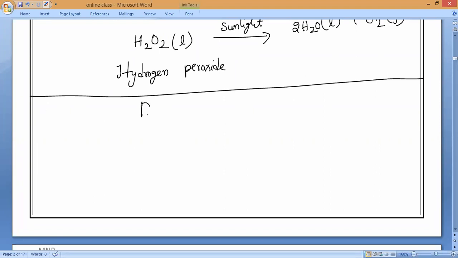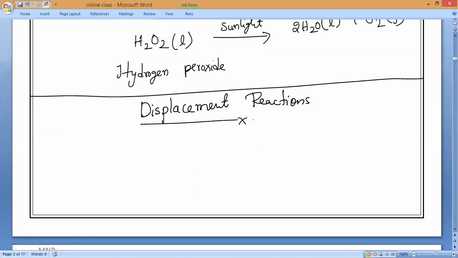You have to speak. Displacement. Yes. Displacement reactions. So all of you keep reading. Displacement reactions. Shall we start? Mukesh, Karthik,